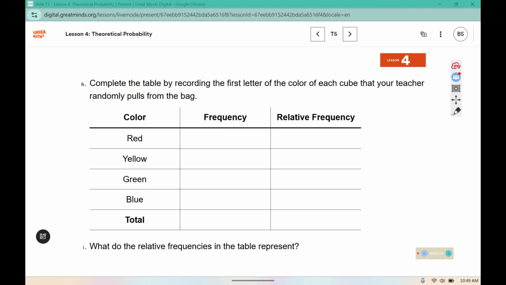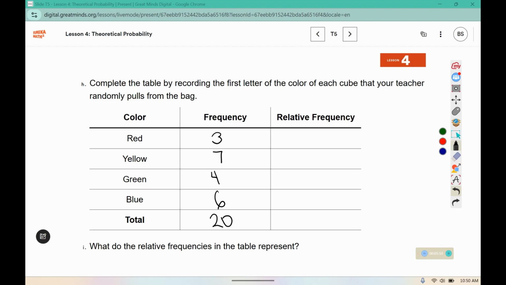We are going to record the frequencies of each color. So to start with red, we had 1, 2, 3 red pulled. There were 1, 2, 3, 4, 5, 6, 7 yellows. I see 1, 2, 3, 4 greens. And 1, 2, 3, 4, 5, 6 blues for a total of 20 because we were supposed to pull 20